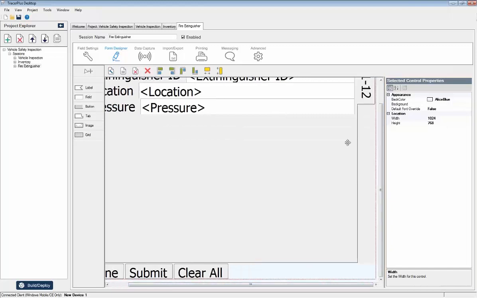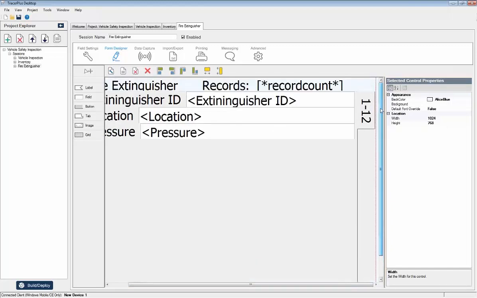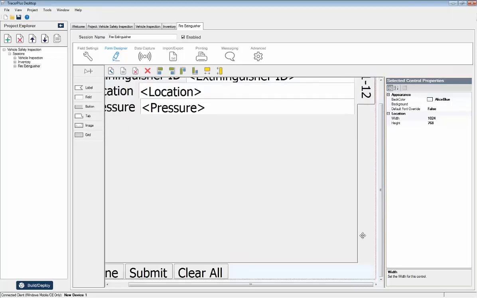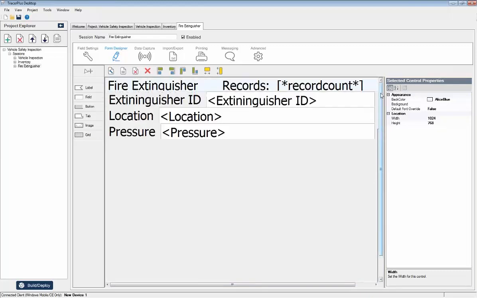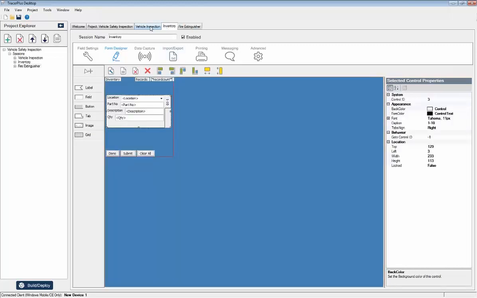tablet-sized display. At this point, you probably want to make this one a little bit nicer looking, but you can see how you can create something for a much larger display that would include something like an Android tablet as opposed to some of the older, smaller resolution Windows-based devices that you're familiar with in the past. Okay, but now you can see I have 3 completely different mobile projects in my mobile applications in my project